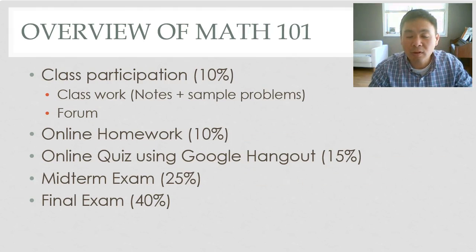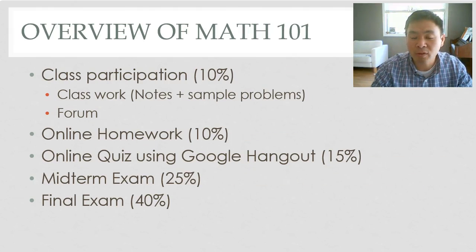Now, your Math 101 grade will be decided by using these 5 areas. First is class participation, 10%, online homework, 10%, online quiz using Google Hangout, 15%, midterm exam 25%, and final exam 40%. Let me explain a little bit about the classwork, because I do have a homework and a classwork,